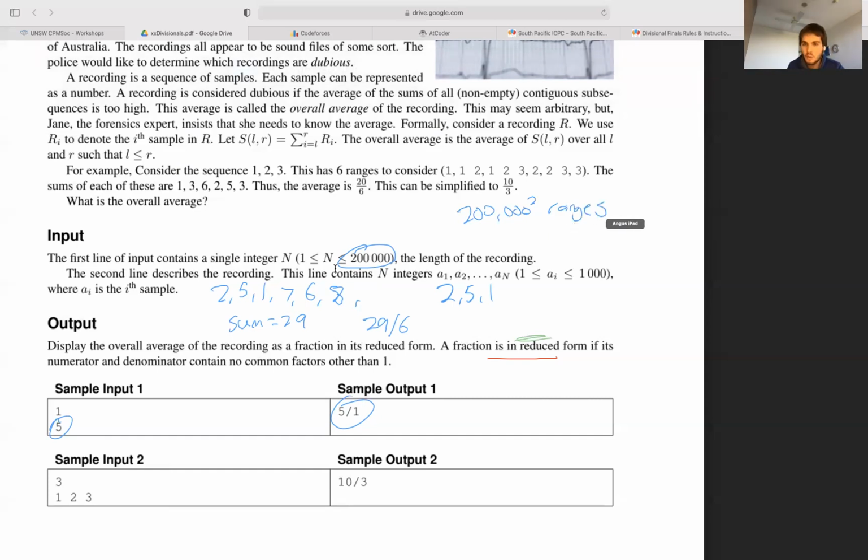In fact, what is the exact number of ranges? For a given n, what's a formula we can use to compute the exact number of ranges? Any thoughts?